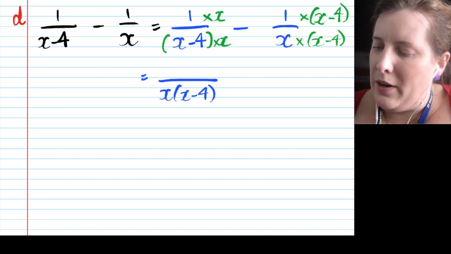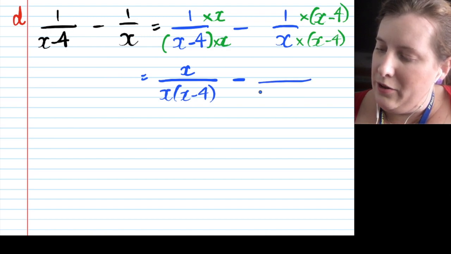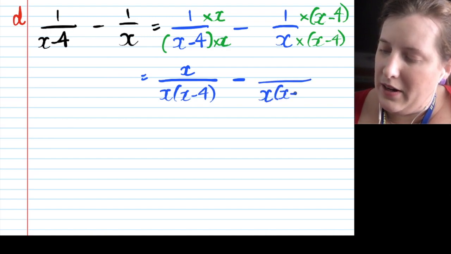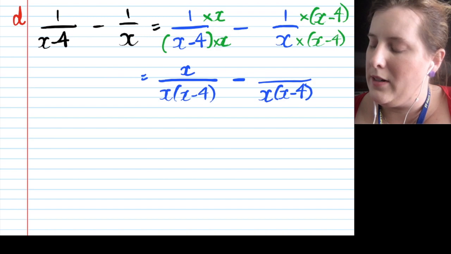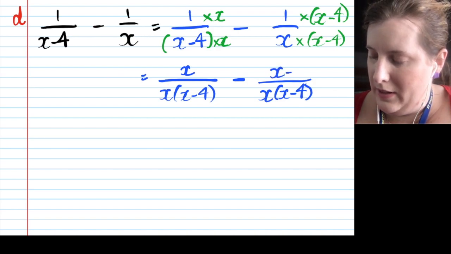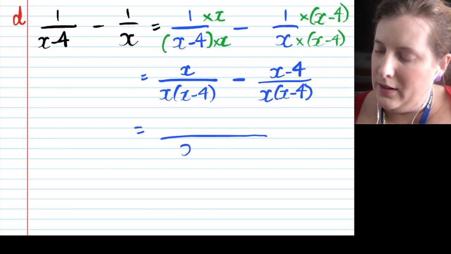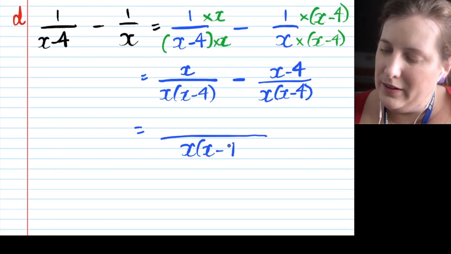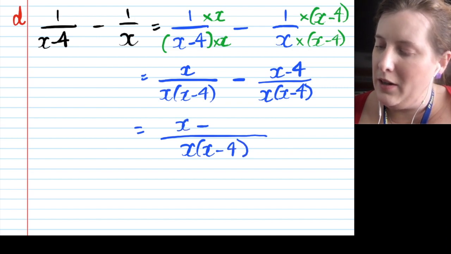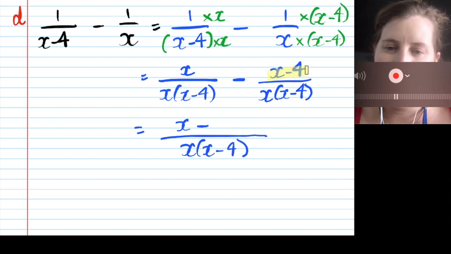On the top, I've got 1 times x. This one, I've got x times x take 4. Don't forget we don't bother writing the times. And on the top, I've got 1 lot of x take 4. Now, this next bit's going to be a bit weird. Well, not really. I've still got my x minus, but because I'm subtracting the whole of this x take 4,